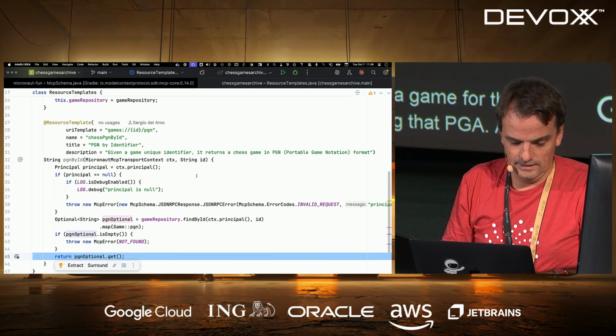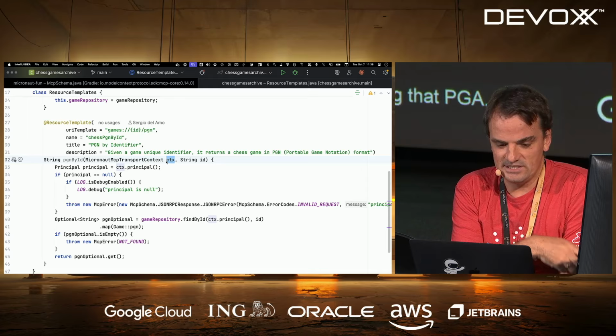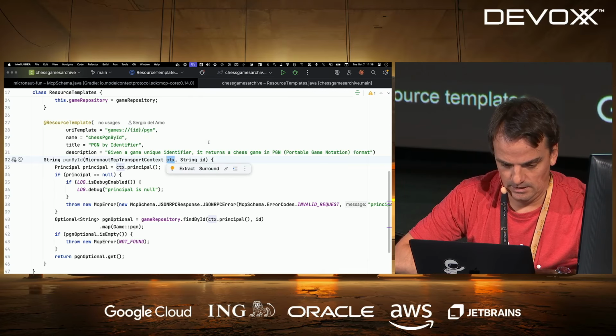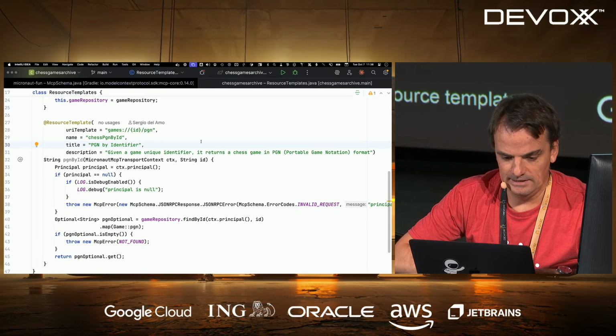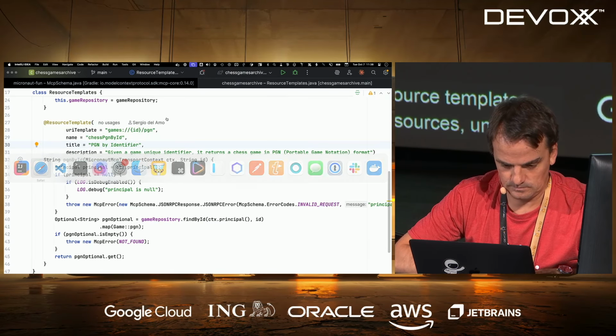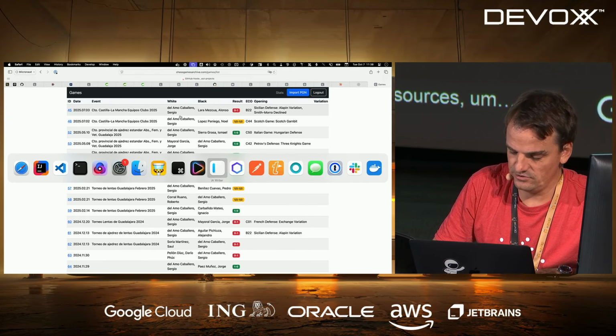And yeah, this is pretty useful. This is basically using resource templates in combination with security contents. In terms of resources, here in Micronaut MCP, in Micronaut Fun, sorry,